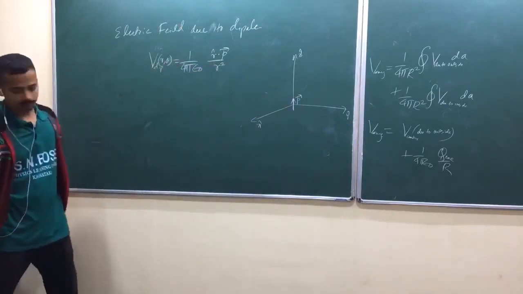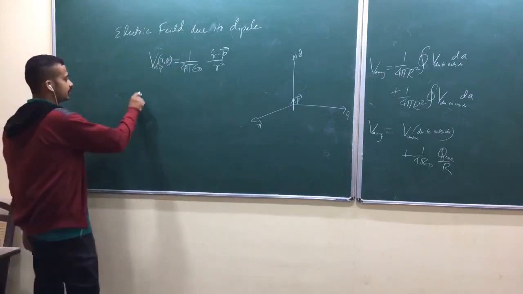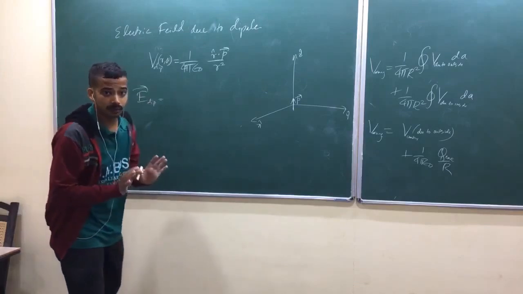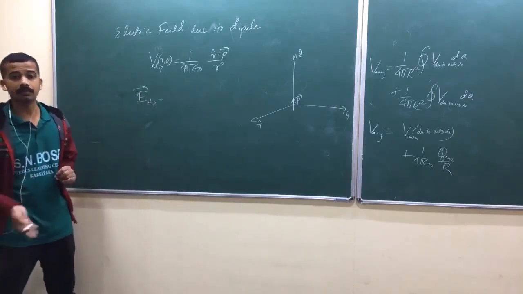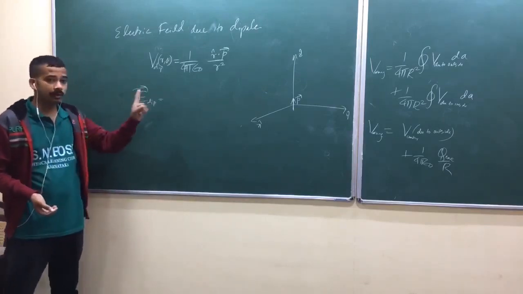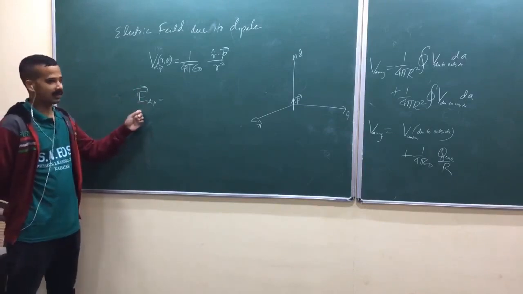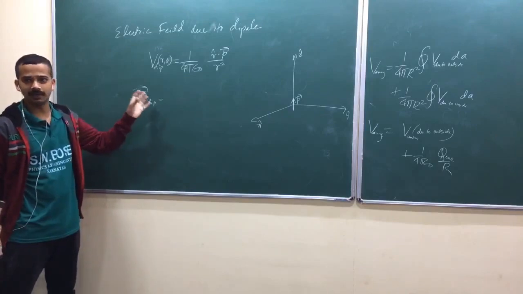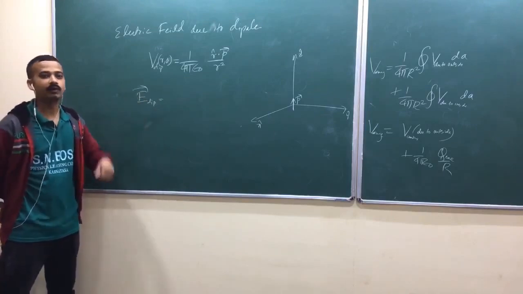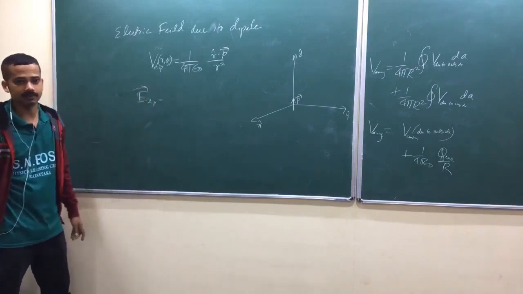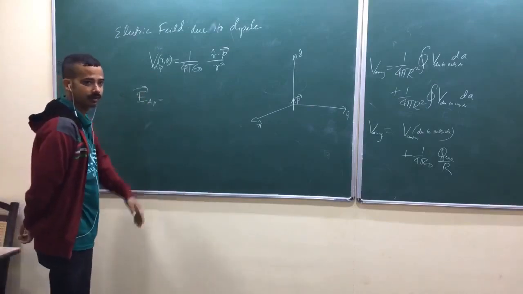Now look at here. We want to find the electric field due to dipole, only the dipole contribution. There may be higher terms. Only the electric field due to dipole. This electric field will have curl, let me show that one. I was disturbed with that fact actually. This electric field will have curl, but that is the approximated one. This is the part of the total multipole expansion. Remember.